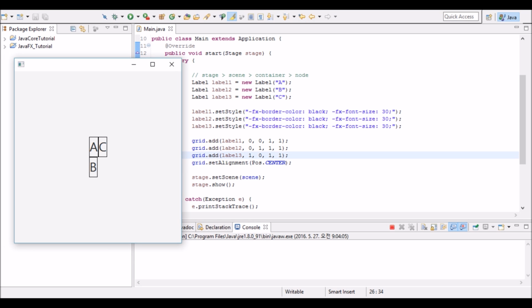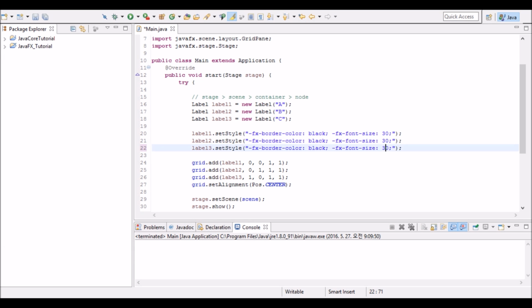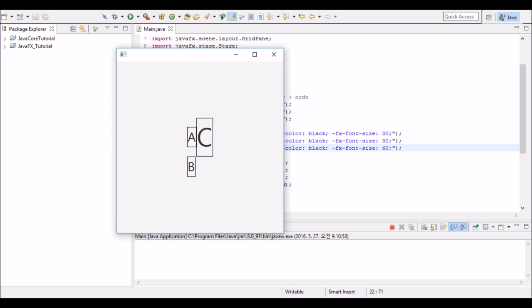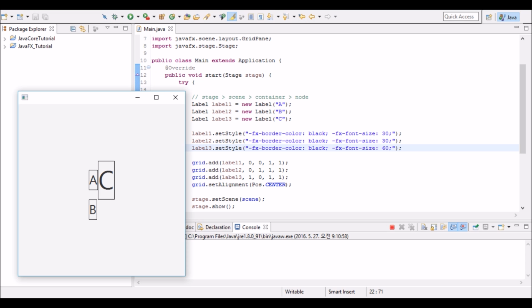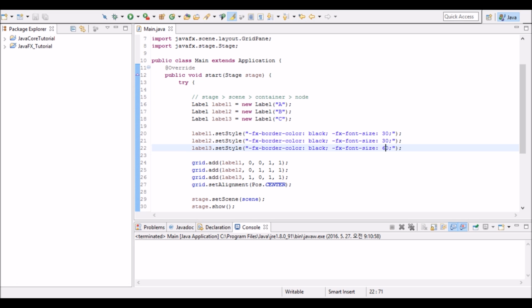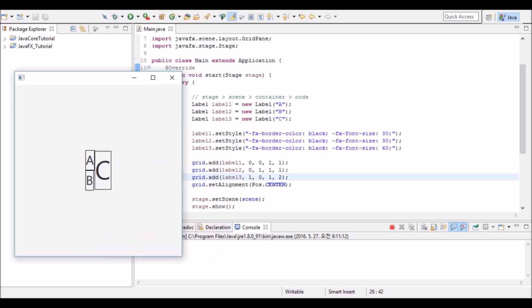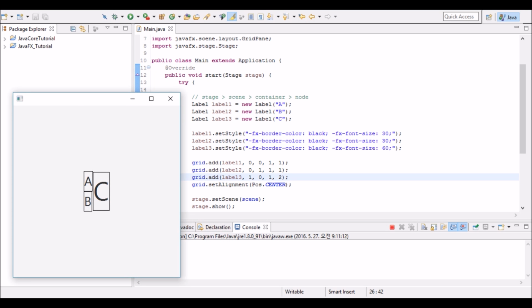Right now it looks like this, but if I increase the font size of label 3, then the letter B is pushed because letter C cannot take row index 1. But if I increase the row span to 2, then now letter C can take row index 0 and row index 1.